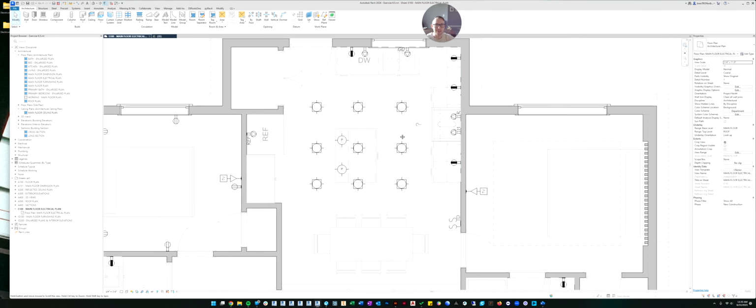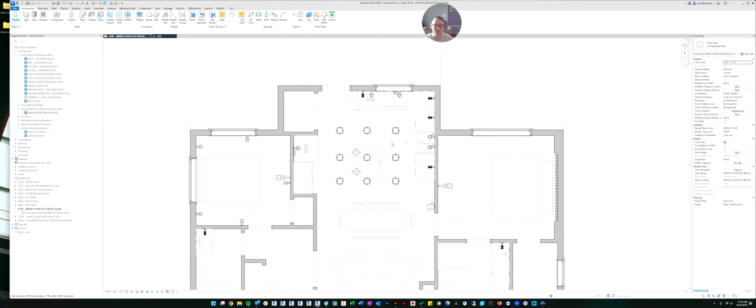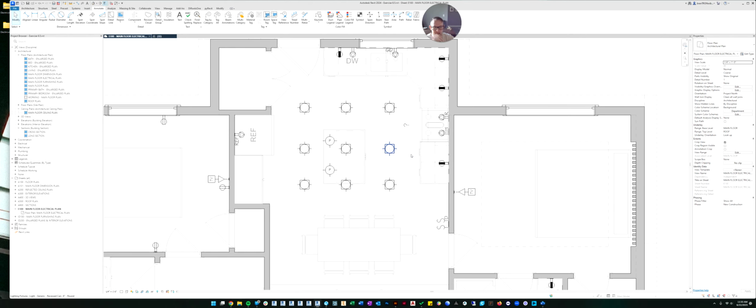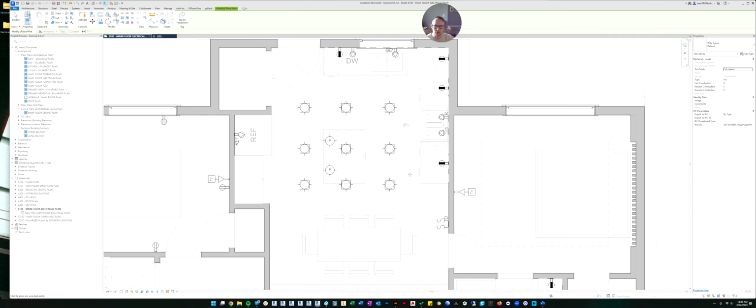Now what we're going to do that's different from before is draw the wires. Before we went to the annotation tab and we drew detail lines. But you remember, if you draw detail lines, if you move the lights, you have to redraw the detail lines. So because these families are built correctly, you can actually connect them all together to the switch with something called the wire command. And this is under a tab called Systems. And if you go into the Systems, there's a little icon here called Wire. And if you click that, it brings you into the wire command.